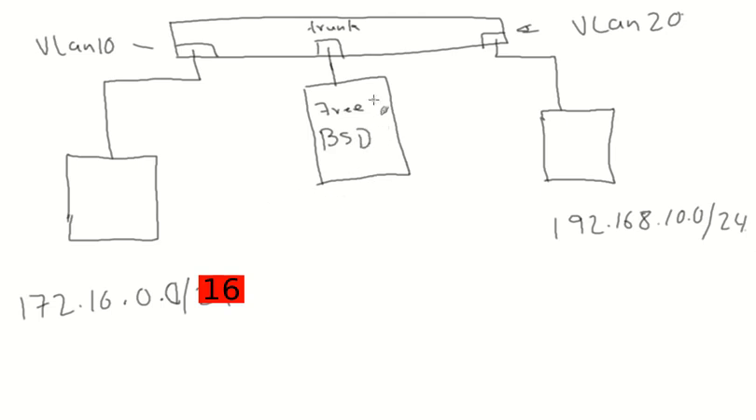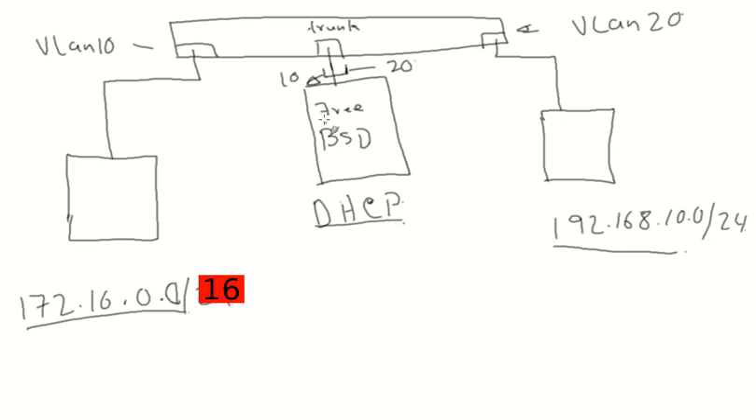Now what I'm going to do is I'll create 2 logical interfaces, VLAN interfaces on this FreeBSD. This one is going to be part of VLAN 10 and this one is going to be part of VLAN 20. I will assign this interface an IP address from this network, and this interface would have an IP address from this network, and then I'll have DHCP